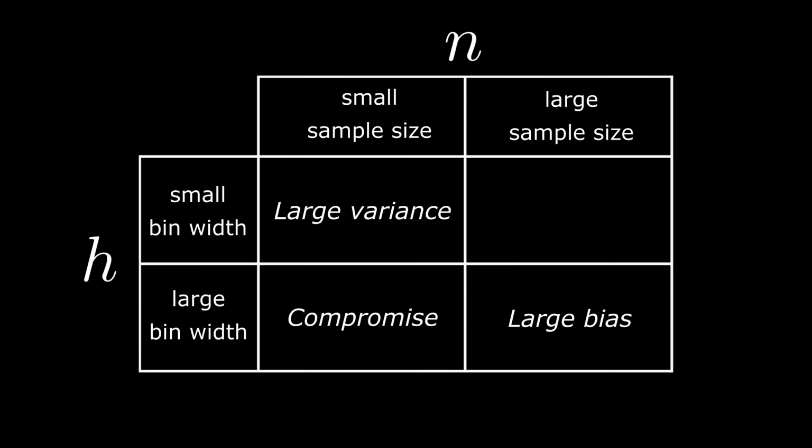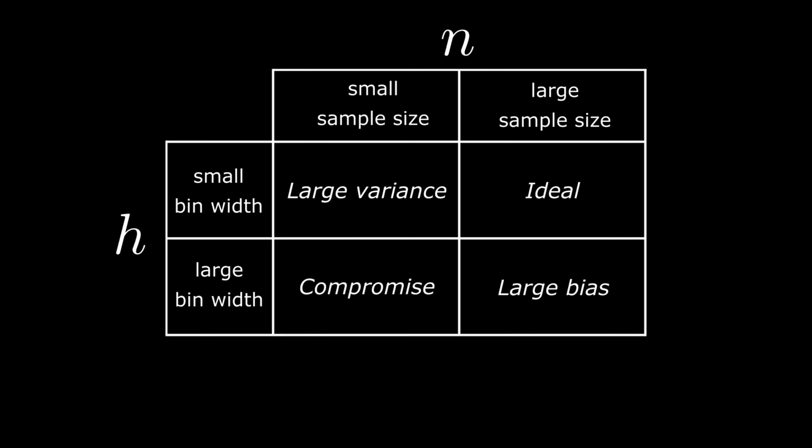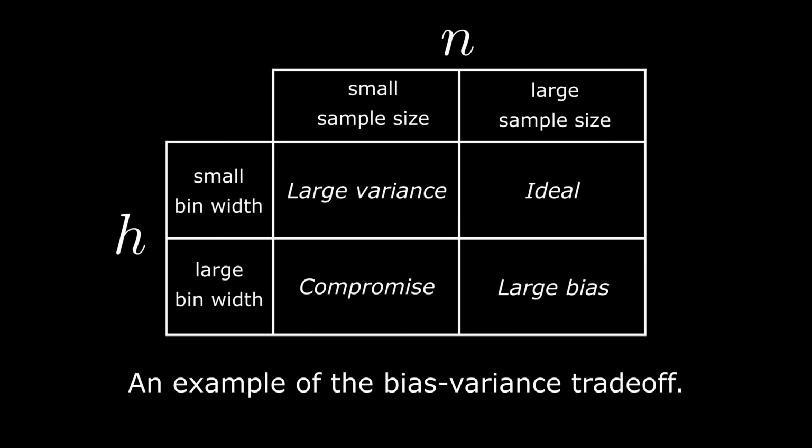For small sample sizes, a compromise should be made for a large bin width. This provides a summary of the data that abstracts away each individual observation. The ideal case is using a small bin width when the sample size is large. This permits a visualization of the data distribution at a high resolution. The compromise between larger and smaller bin widths exemplifies the bias-variance trade-off, a key concept in machine learning.